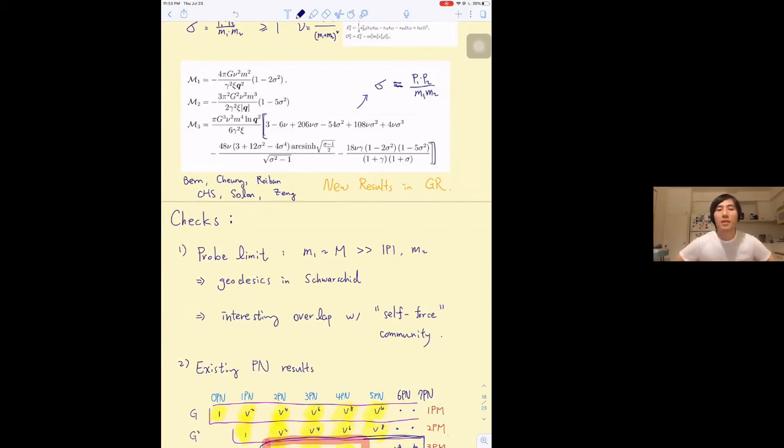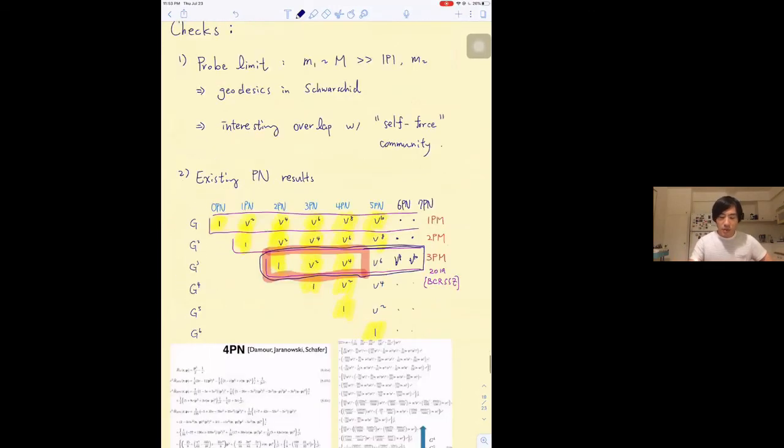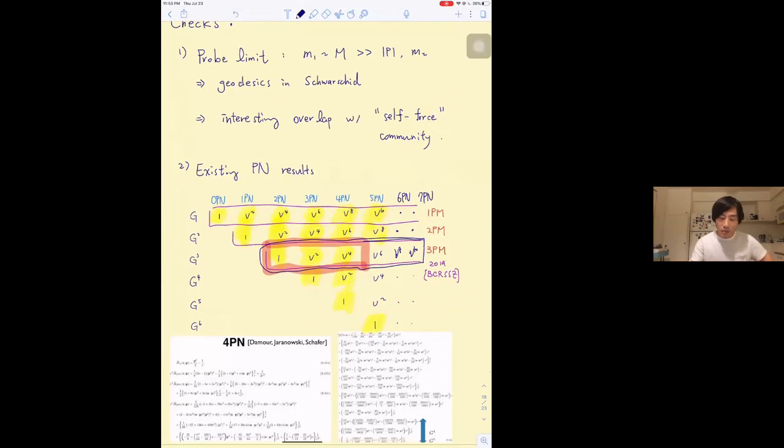So one knows a lot more in PN expansion now than even 6PN, I guess, right? 5PN at least. Yeah. The direct PN result is known up to 6PN. Right, but using your result, we can go higher at 3PM at least. Correct. Yeah. Thanks. And I should say that there's a recent paper by Rafael Porto, Gregor Kalin, and I think Leo,